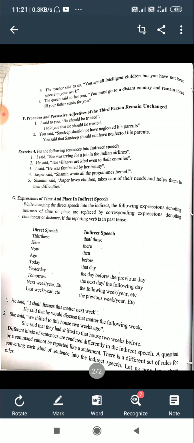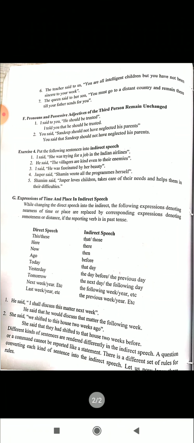I hope you understand. I will explain once more. You see direct speech, indirect speech. If any of the following is in the direct speech, such as this, these, here, now, ago, today, yesterday, tomorrow, next week or next year, last week, last year, then change into that, those, there, then, before, that day, the day before, the previous day, the next day or the following day, the following week or the following year, the previous week or the previous year in the indirect